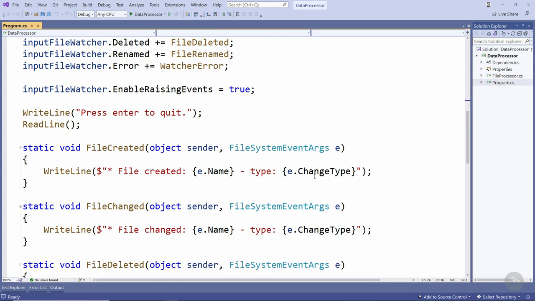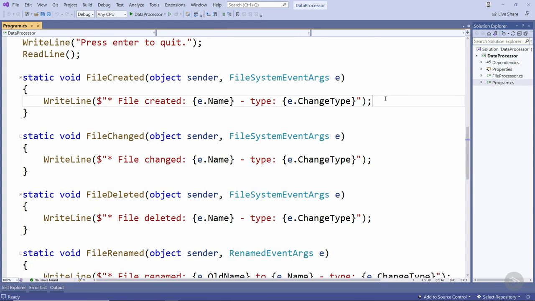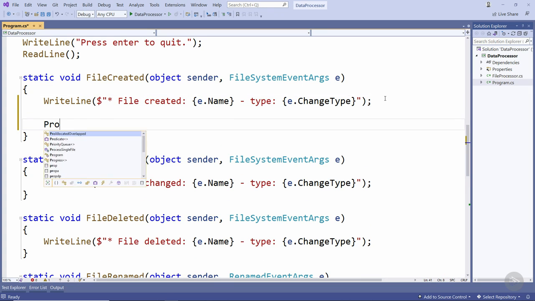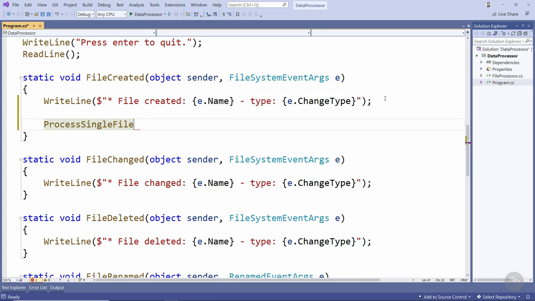What we're going to do is come down here to the file created event handler method. And inside this method, we're going to add a call to the process single file method that we created earlier. As a parameter to this process single file method, we need to pass the full path to the file we want to process. We can get this from the file system event args that we get in this event handler